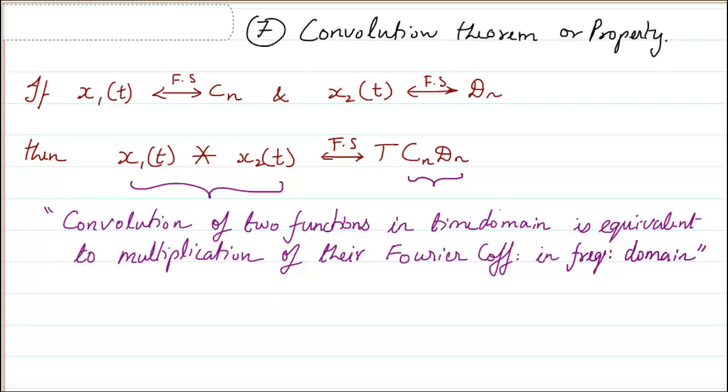Obviously we are not going to use this property much in Fourier series, but in Fourier transform, or even in your Laplace transform, or your Z transform that you are going to study later, everywhere this property is going to be very, very useful, because mathematically it is difficult to calculate the convolution. It takes a lot of time. So what generally people do is they find the Fourier series of x1 of t, similarly the Fourier series of x2 of t, and those two are multiplied, and then you take the inverse Fourier series.